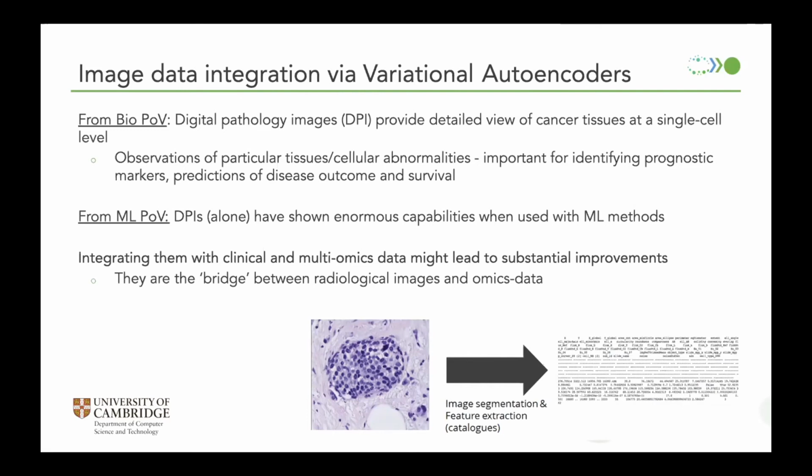From a biological point of view, digital pathology images are absolutely crucial in terms of identifying really important prognostic markers, and in turn help with different predictive tasks such as survival analysis of cancer patients. And we've seen throughout the years that from a machine learning point of view, they have been used before and have provided really good insights into the whole